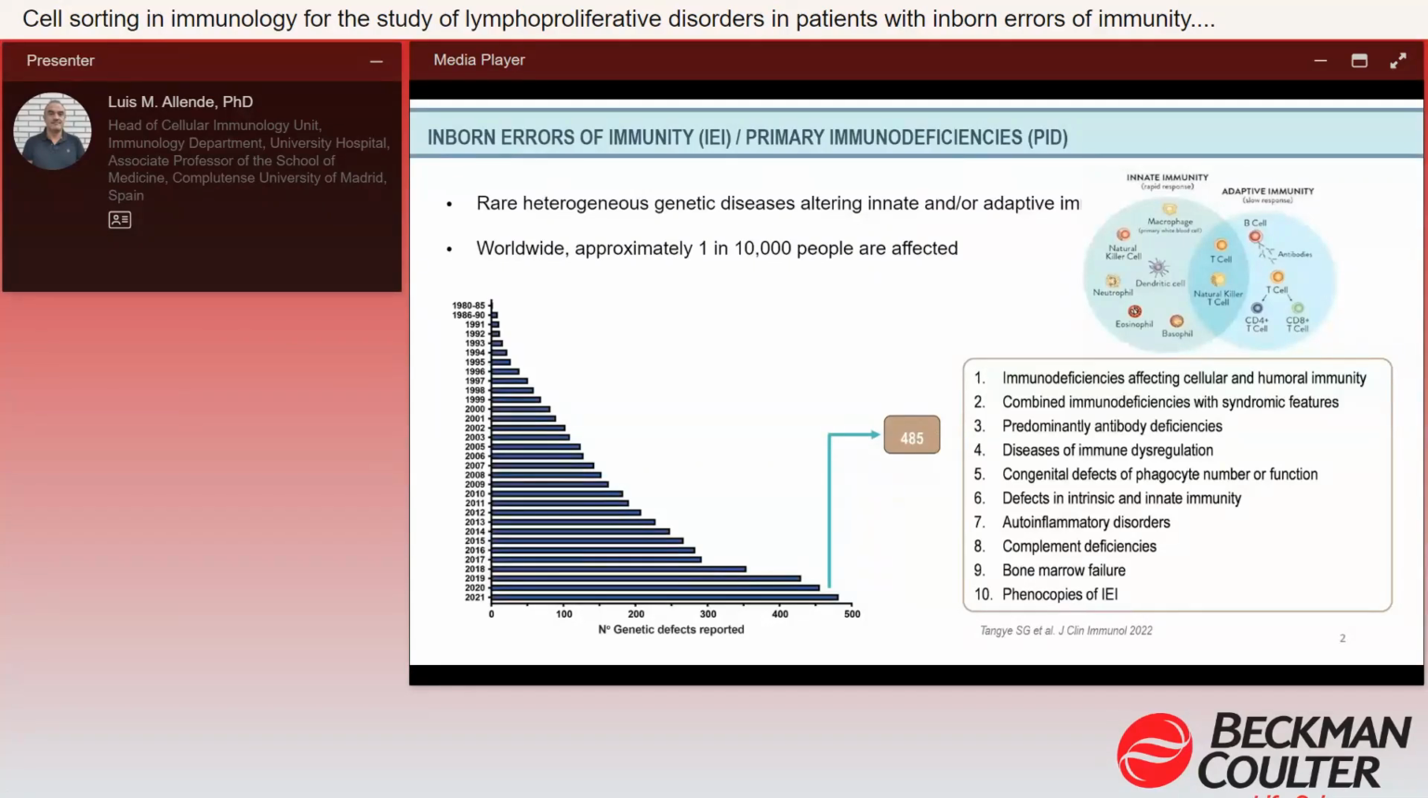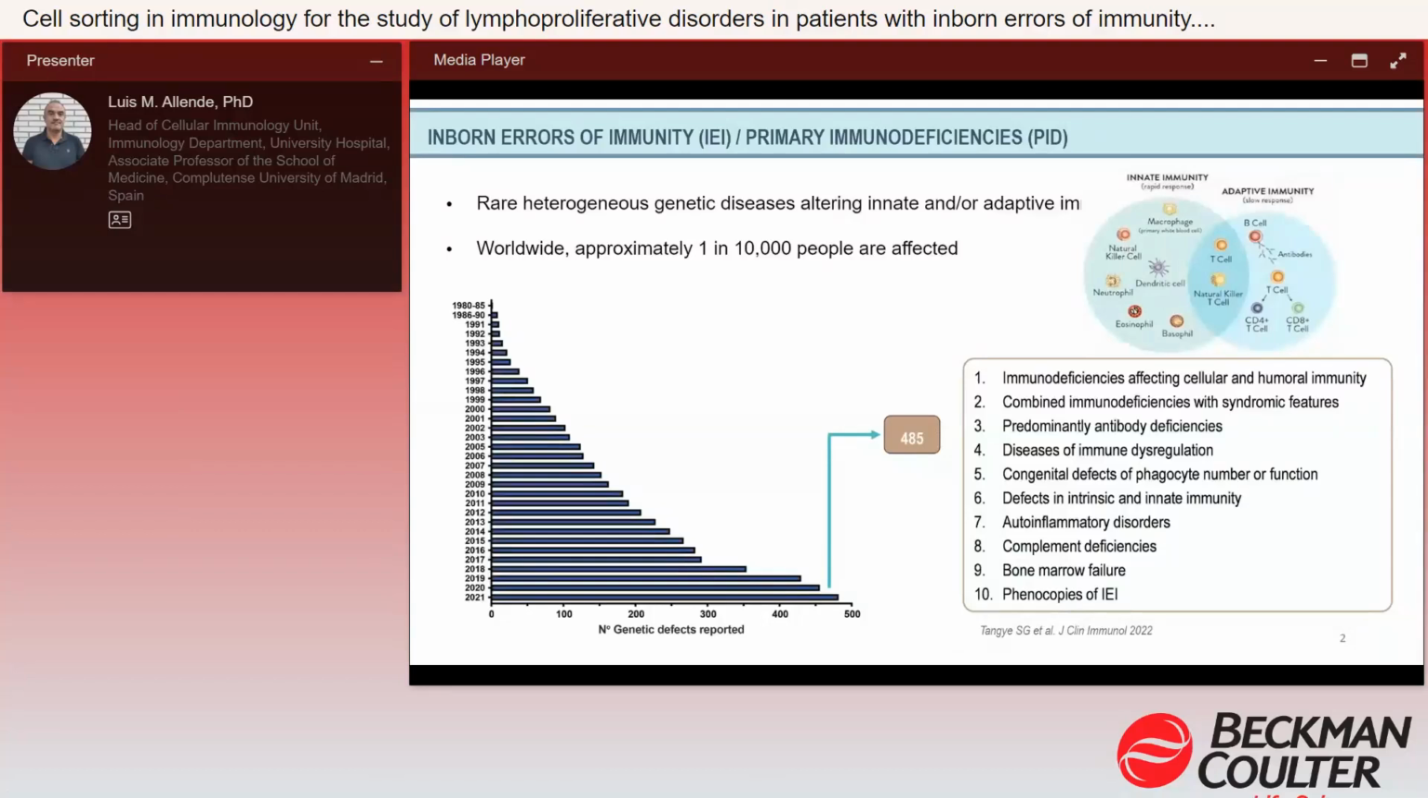Although inborn errors of immunity are considered rare diseases, the number of these disorders has been growing year by year, and more than 485 genetic defects related to primary immunodeficiencies are currently described. Inborn errors of immunity are categorized into 10 tables, segregating groups of disorders into overlapping phenotypes. These tables describe Group 1, combined immunodeficiencies affecting cellular and humoral immunity. This group includes the most severe clinical phenotype in primary immunodeficiencies, known as severe combined immunodeficiency, also commonly known as